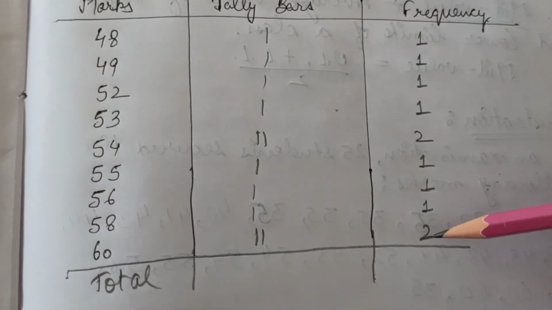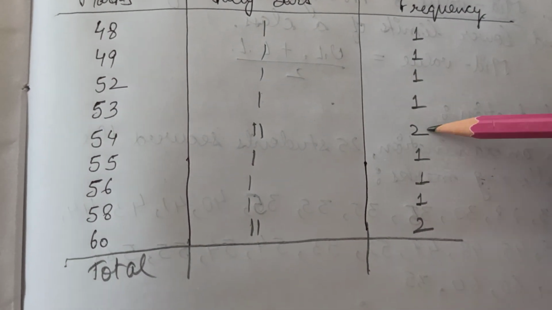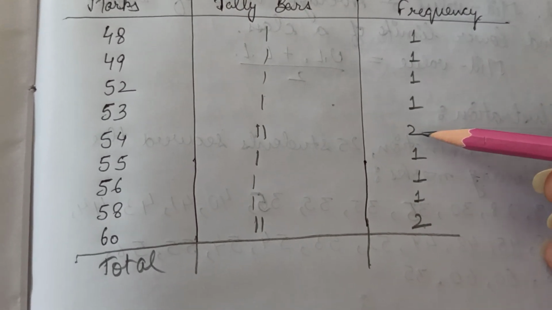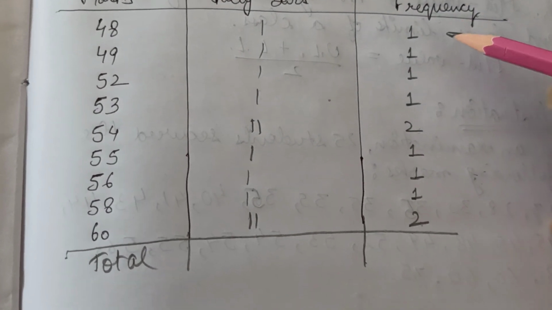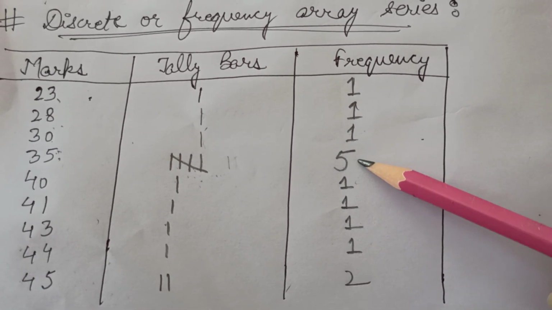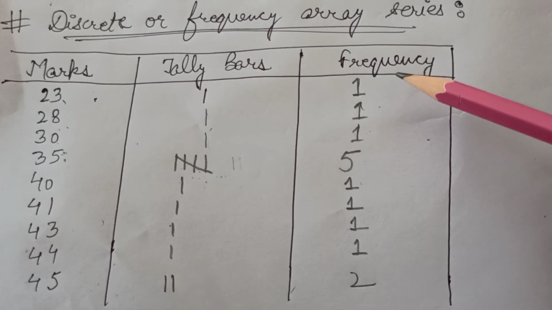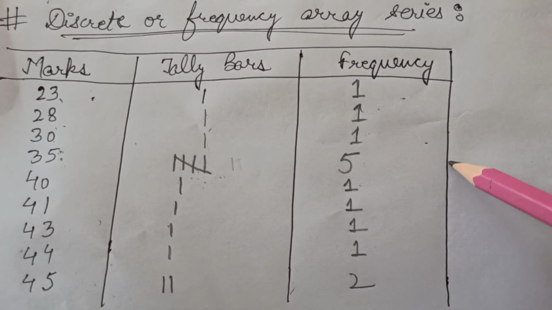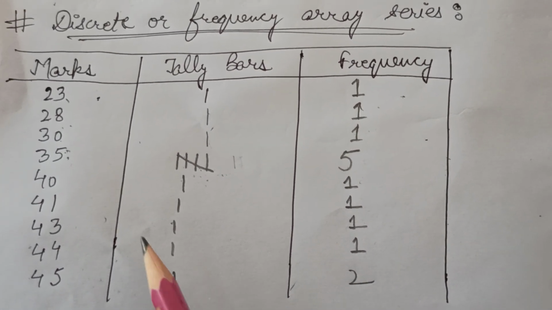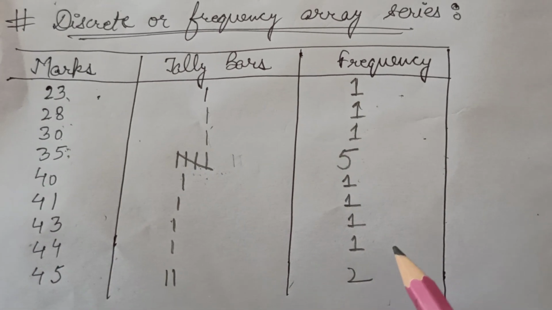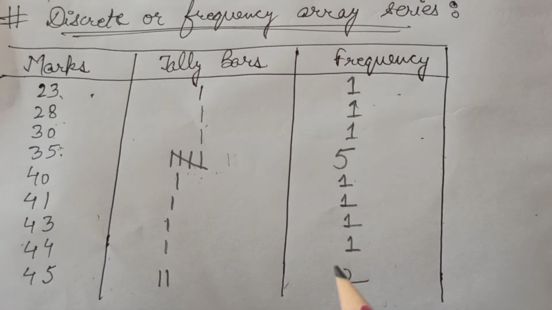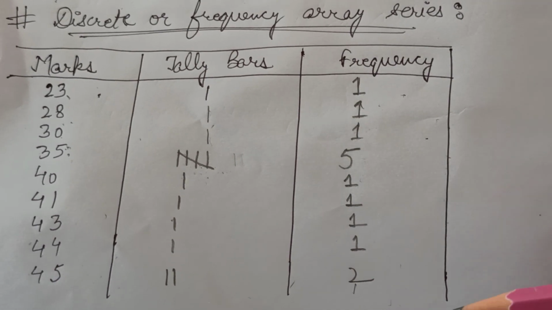Now you will count the frequencies, or you will do the total of the frequencies, that is 2 plus 1 is 3, then 4, 5, 5 and 2 is 7, 8, 9, 10, 11, 11 plus 2 is 13, 14, 15, 16, 17, 17 and 5 is 22, 23, 24 and 25. From this we came to know that the data we collected was of 25 students, and in the discrete or frequency array series we recorded, the total frequency is also coming out to be 25, which means that we did not miss any item. We have recorded our data in a correct manner.